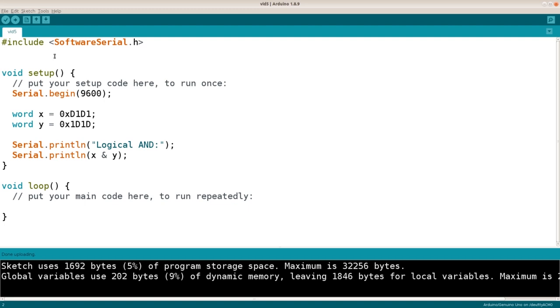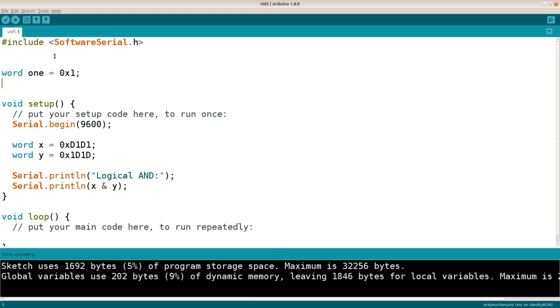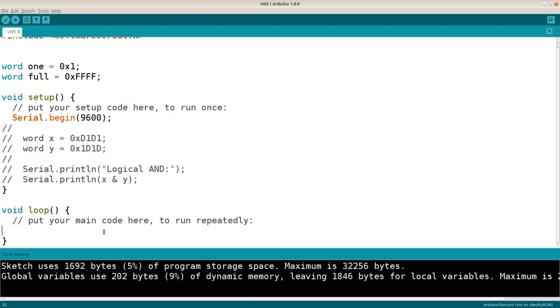So let's define a global variable, word1 equal 0x1, and another word maximum or full, which equals 0xF. Now let's remove this part or just leave it commented. You can actually comment a block of code by typing Ctrl and /. And then over here we say 1 shift left equals 2, which is a shorthand, like the operations plus equal, minus equal. But you can do that also with bit operations. So 1 left shift operator by 2 and then